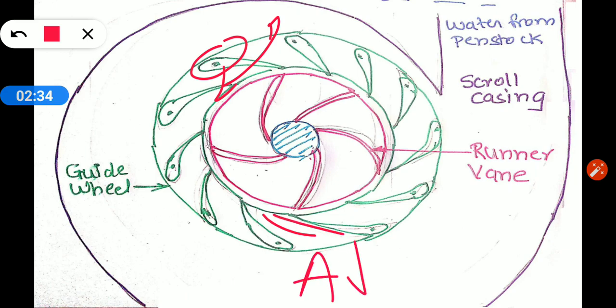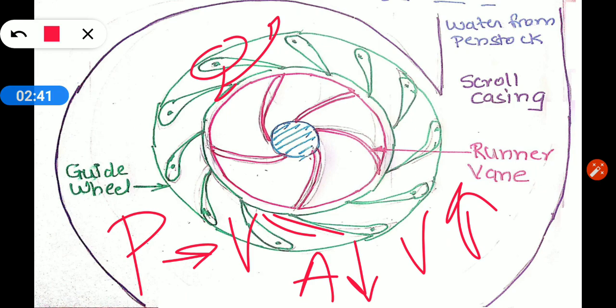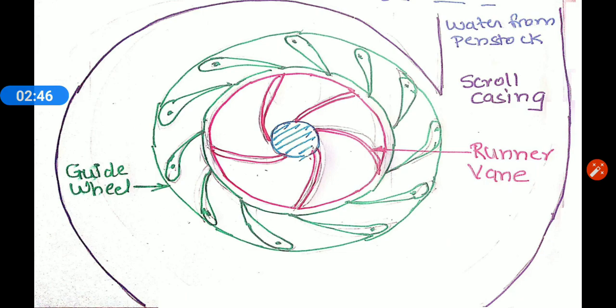Then the second function of the guide vane is, as you can see, the area of flow is decreasing, so that decrease in area will increase the velocity, fine. So the velocity will increase, so a part of pressure will get converted into kinetic energy, and that is another function which the guide vane is doing. That means it is acting as a nozzle. And the third function is to guide the water properly, so that it should be able to enter smoothly into the runner vane, fine. So these are the three functions of the guide vane. Number one, regulate the flow. Number two, act as a nozzle. And number three, guide the water suitably into the runner vane.